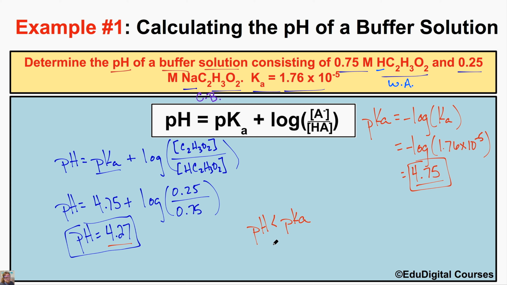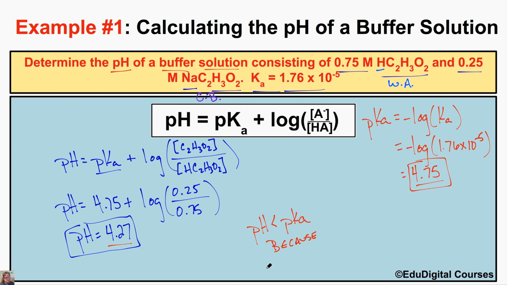This is typically going to be because the molarity of our weak acid is greater than the molarity of our conjugate base. So the pH is less than our pKa value because